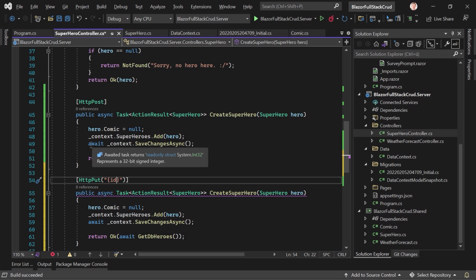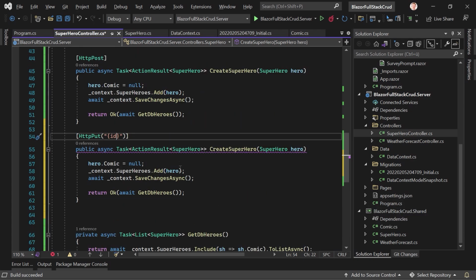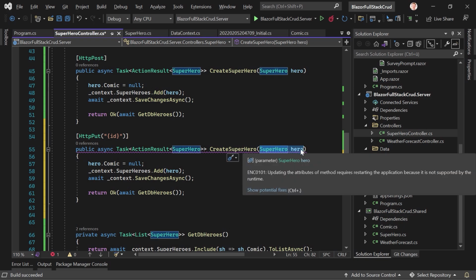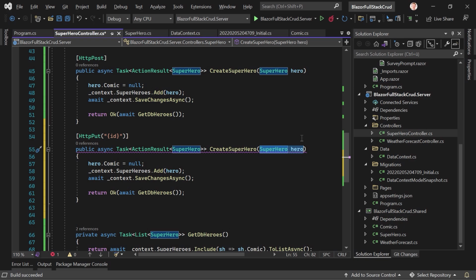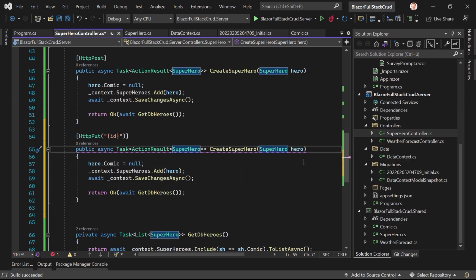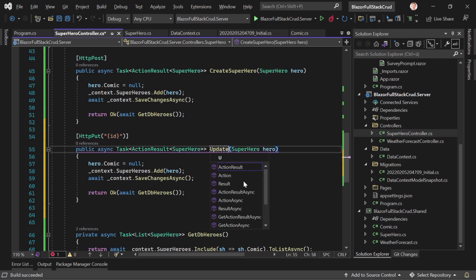We can actually send a superhero object as a request to the server and then say, okay, from that object, we grab the ID and then try to find the hero from the database with this certain ID. Or another typical way is that we send the request object and additionally we send the ID and then take this ID to get the hero from the database and then overwrite all the properties. So how you want to do that, it's up to you, but let's do it in that way that we use the additional ID and first call this